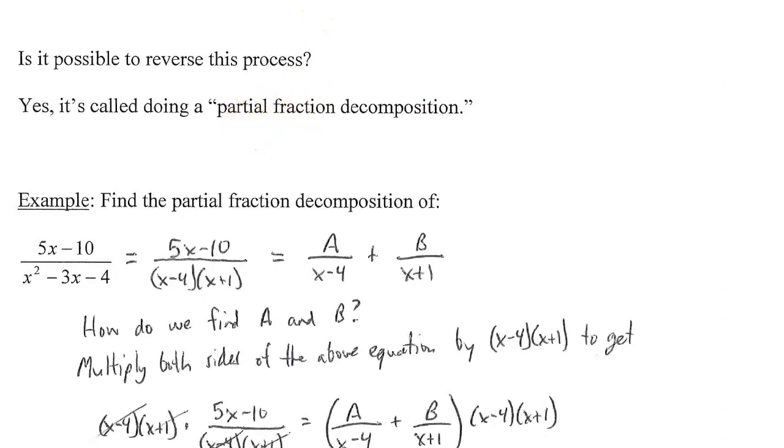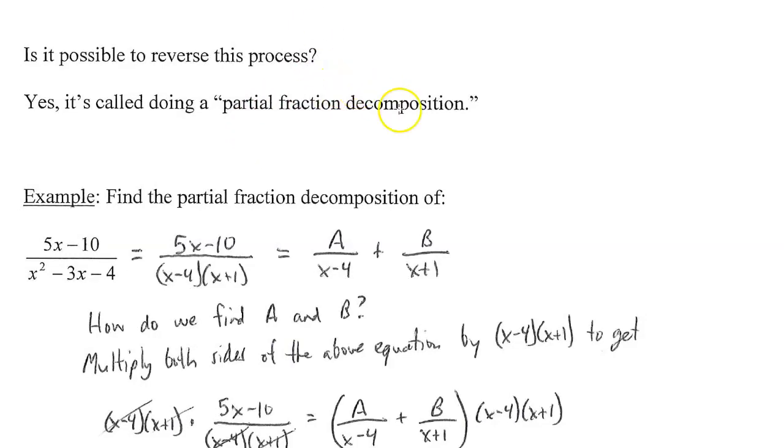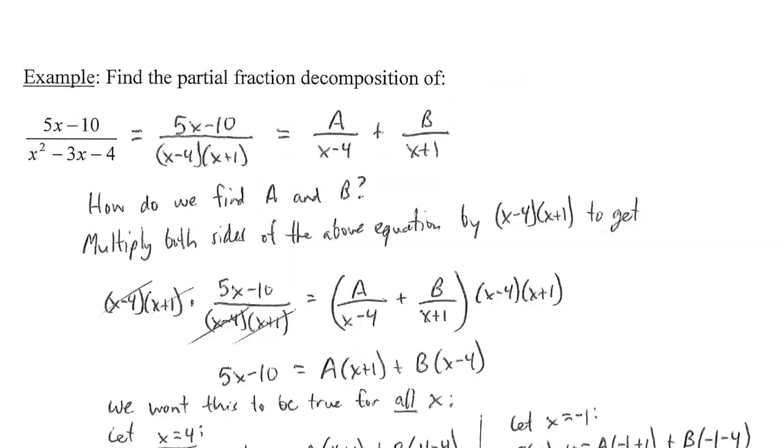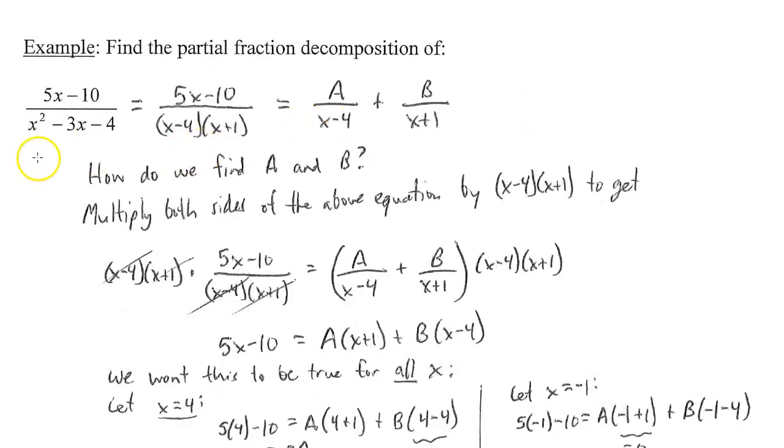So how do we do this? Well, let's do an example. Find the partial fraction decomposition of 5x minus 10 over x squared minus 3x minus 4. Now, the first thing you want to do when you're doing partial fractions is to factor the denominator completely. And notice the denominator factors like this, x minus 4 times x plus 1. Then if you're in a situation where you have all linear factors, so there's no squareds or cubes or anything like that,